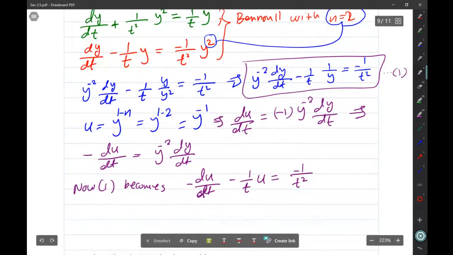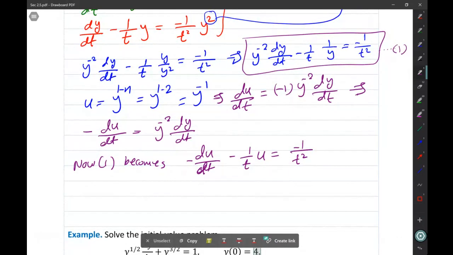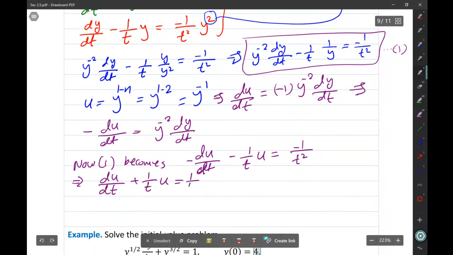And in this equation, multiply the whole equation by negative, so you will get du by dt plus 1 by t u is equal to 1 by t squared,